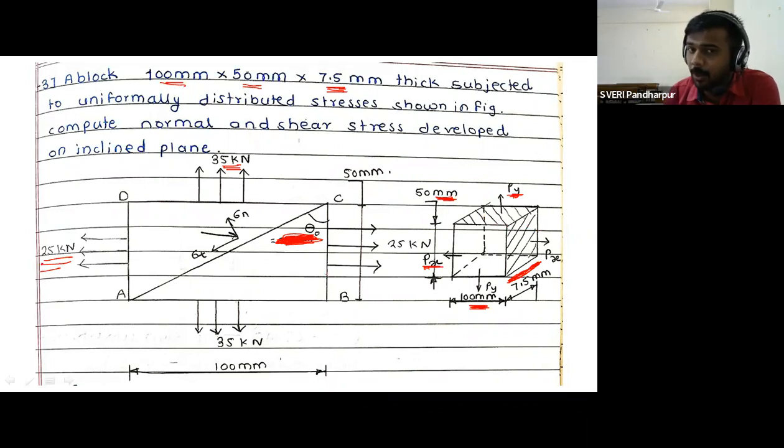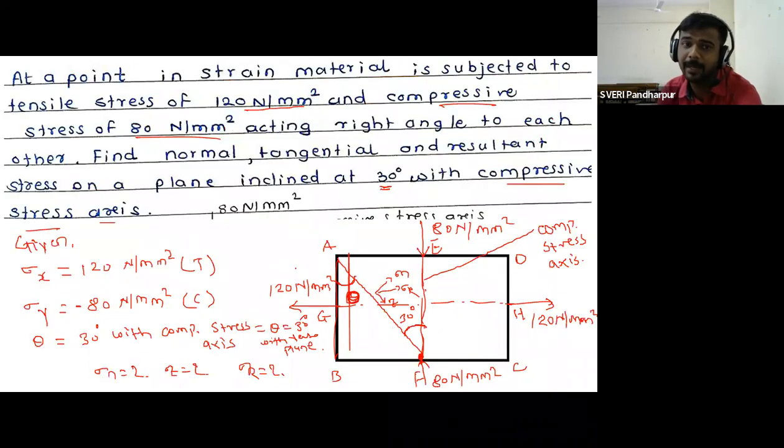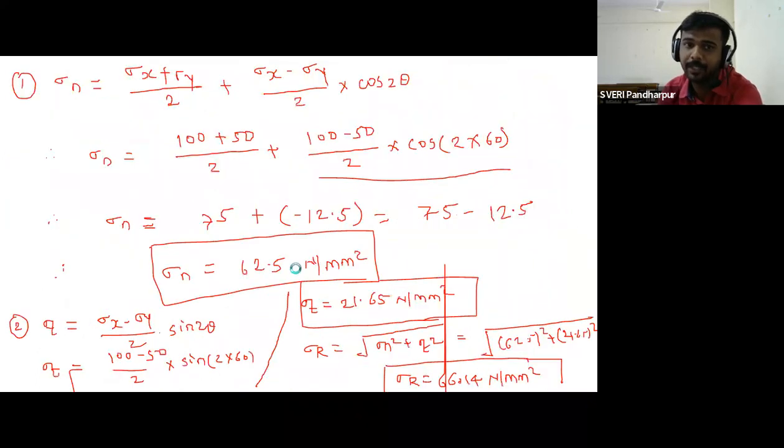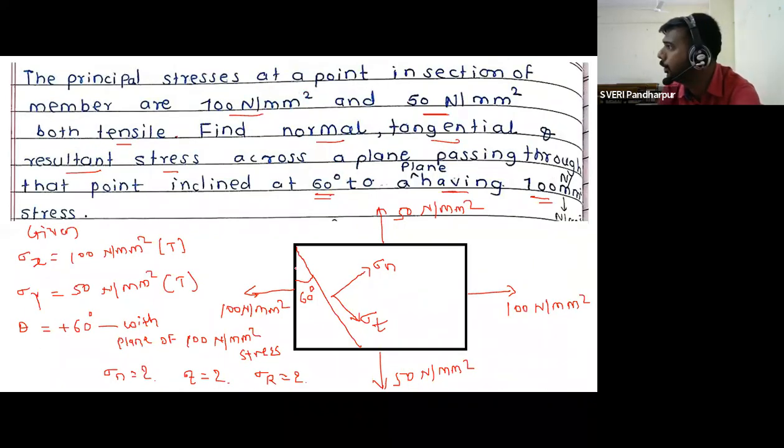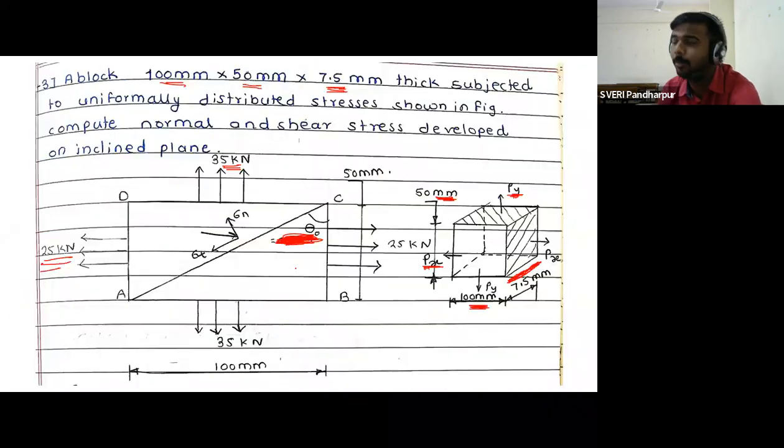The 3-dimensional body is purposefully given to calculate the area Ax and area Ay. In the two problems we discussed so far, you did not need the cross sectional area, because the direct stresses sigma x and sigma y were given in the statement, 120, 80 in the previous problem, 150. So there is no need to take the effect of areas, but here in the third problem they have given the 3-dimensional body